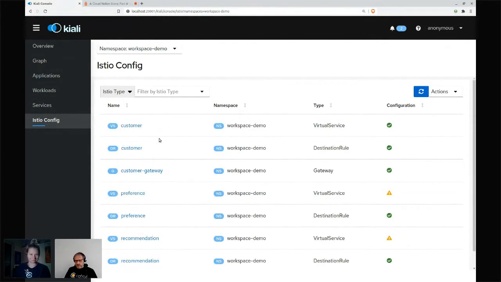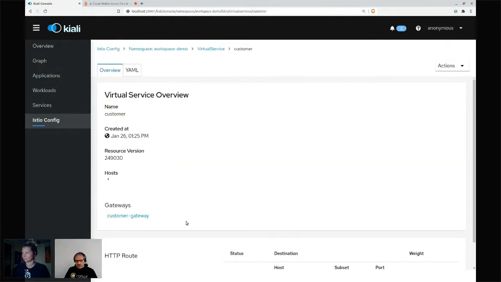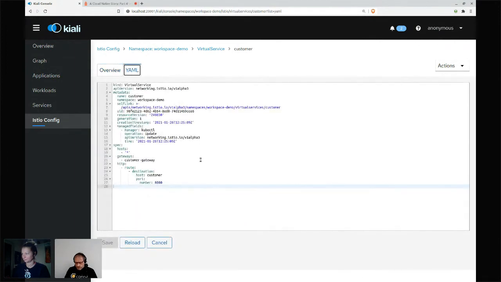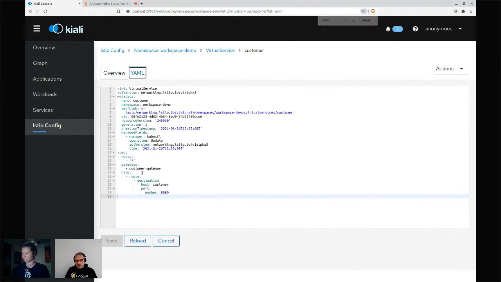And there is a virtual service, which is, sorry, I'm going to switch to the YAML, using that gateway. Here we have a wildcard star, so it accepts information for all hosts. And if it gets the information, then it will take a request and forward that to a destination with a